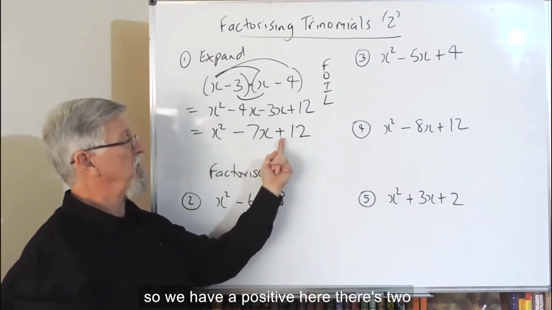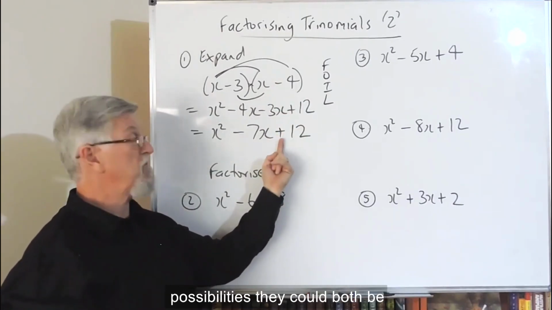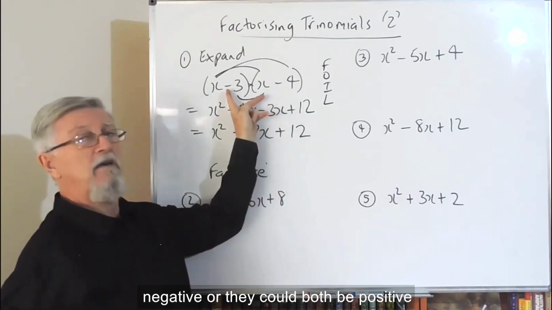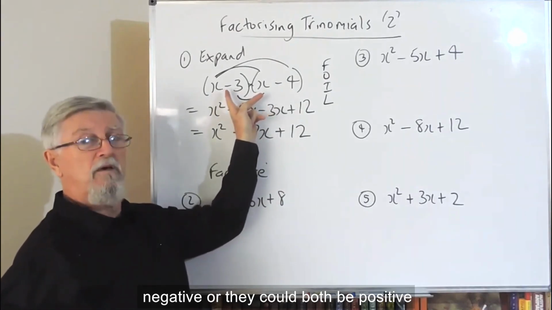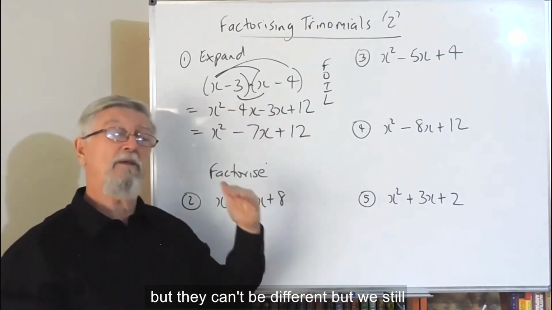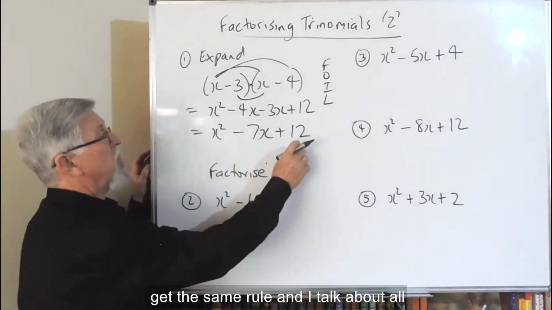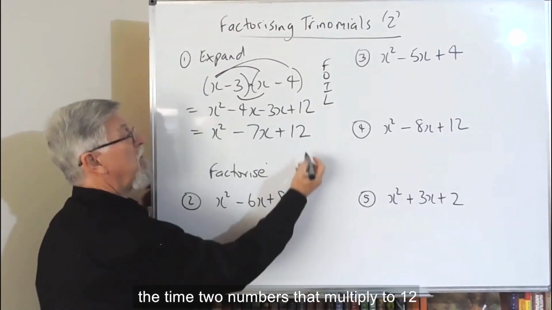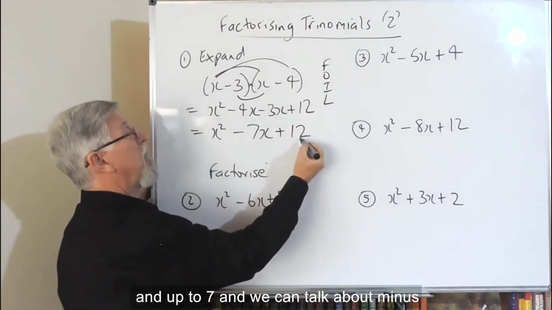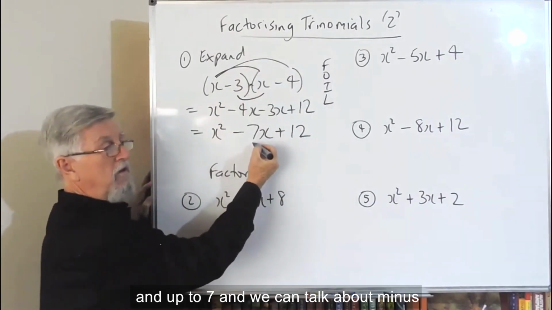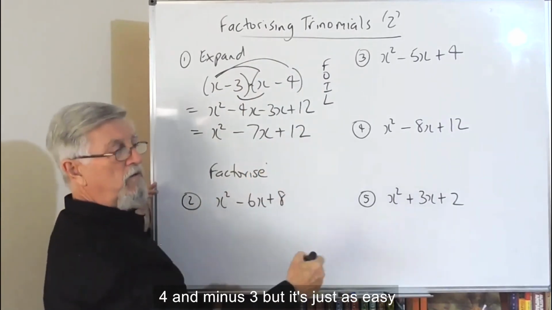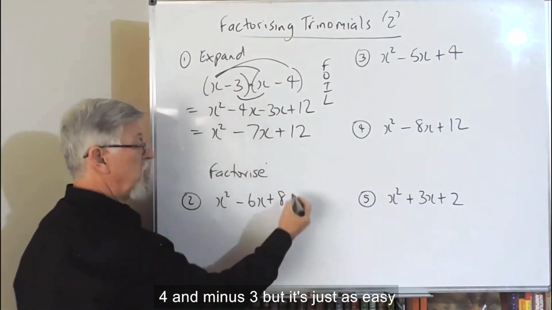So when we have a positive here, there are two possibilities. They could both be negative or they could both be positive, but they can't be different. We've still got the same rule I talk about all the time: two numbers that multiply to 12 that add up to 7. We can talk about minus 4 and minus 3, but it's just as easy to go like on this